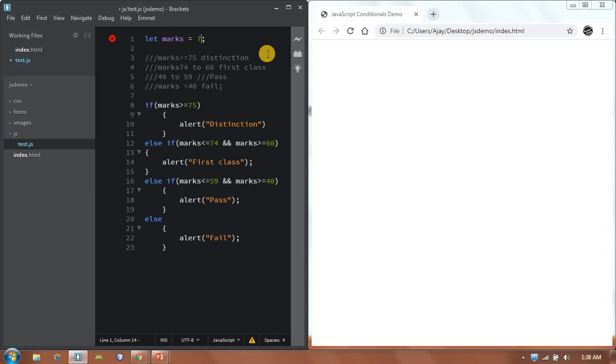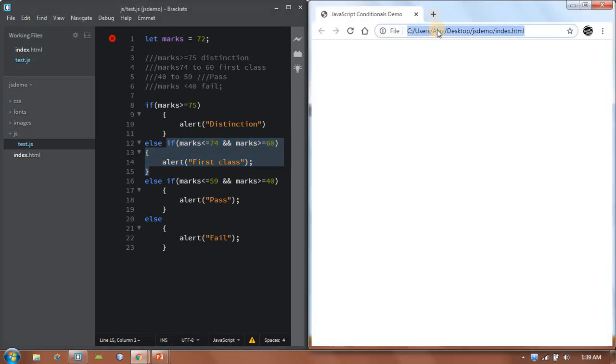If the marks are 75, again it should say distinction, because inside the if condition we have used marks greater than or equal to 75. Both will be considered as distinction. So if I use the marks as 72, this falls under this else if condition, so it will say the student is first class.